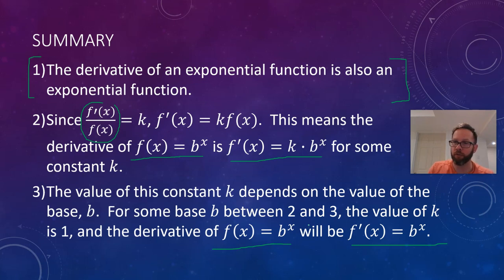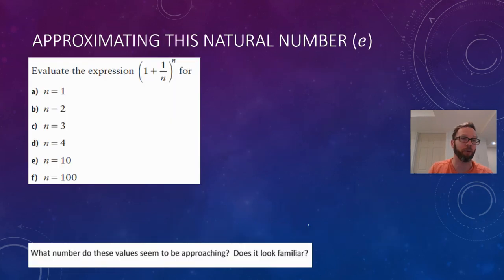The derivative of an exponential function is exponential. The derivative is a constant times the original function. And that constant depends on the value of the base, but for somewhere between 2 and 3, that value is going to be 1, and the derivative of an exponential function will be itself. So that's really cool. All right, so